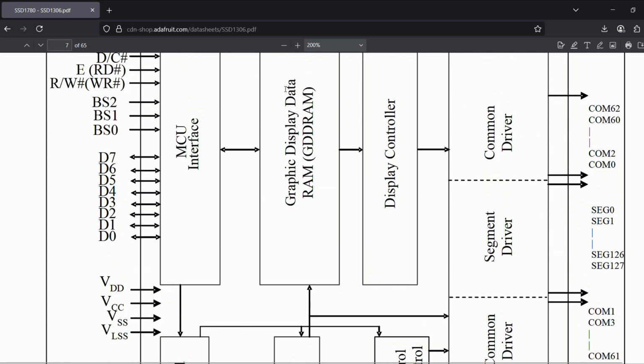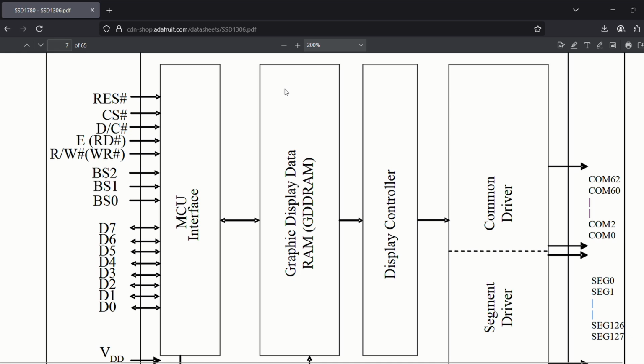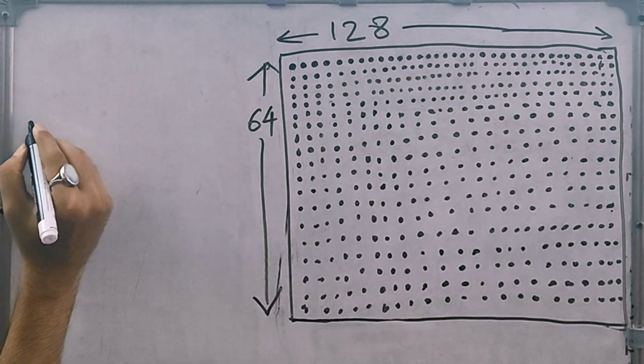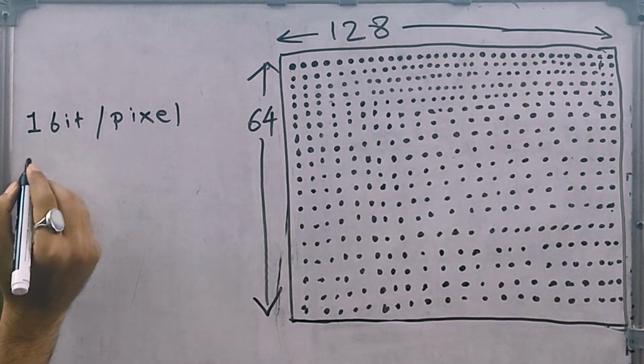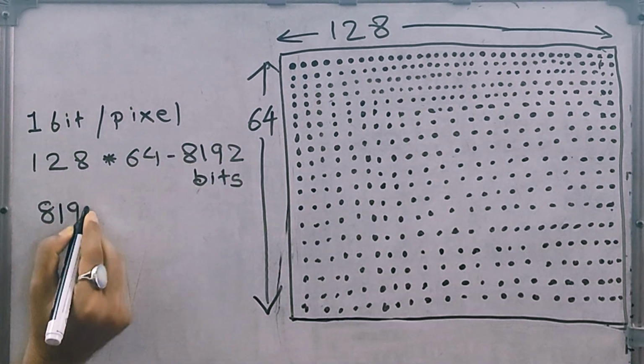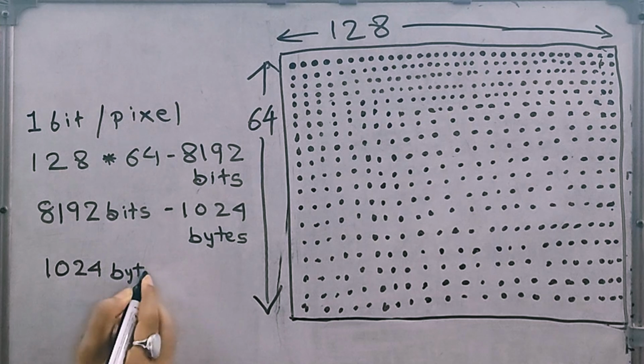Moving on, connected to the MCU interface on the right, we have GDDRAM or Graphic Display Data RAM. When the MCU sends data instead of a command, it gets stored here. An important point to note: data gets stored in RAM while commands eventually get stored in internal registers. The GDDRAM holds 1 bit per pixel, representing whether that pixel is on or off. Now, with a resolution of 128x64, that gives us 8192 bits, which is 1024 bytes or 1 kilobyte of memory